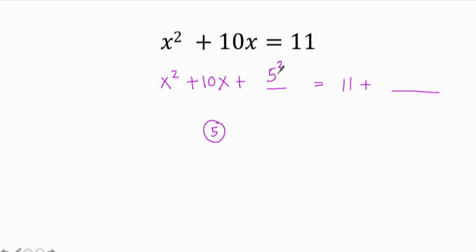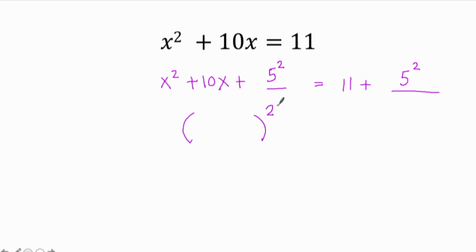If you add 5 squared at the left, you are going to do the same at the right side by applying the addition property of equality. And then once we added that constant, the next step is to factor. We know that the factor of this perfect square trinomial would be a binomial raised to the second power, or a square of a binomial,